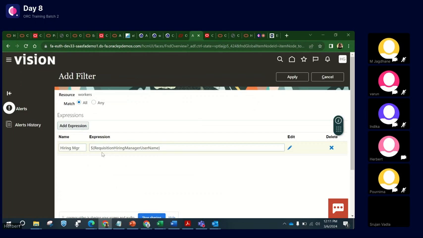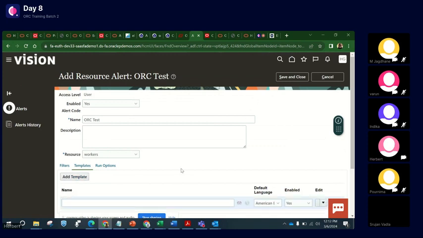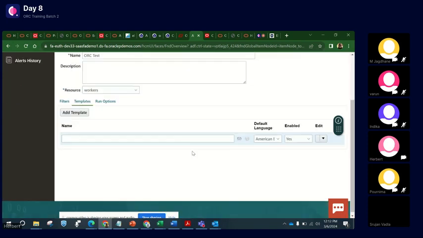Yeah, I have to get the right expression. I don't have this right now, that's why it's not going through. Anyway, filter is optional. We don't necessarily need to have that in there. The template, like we saw earlier,